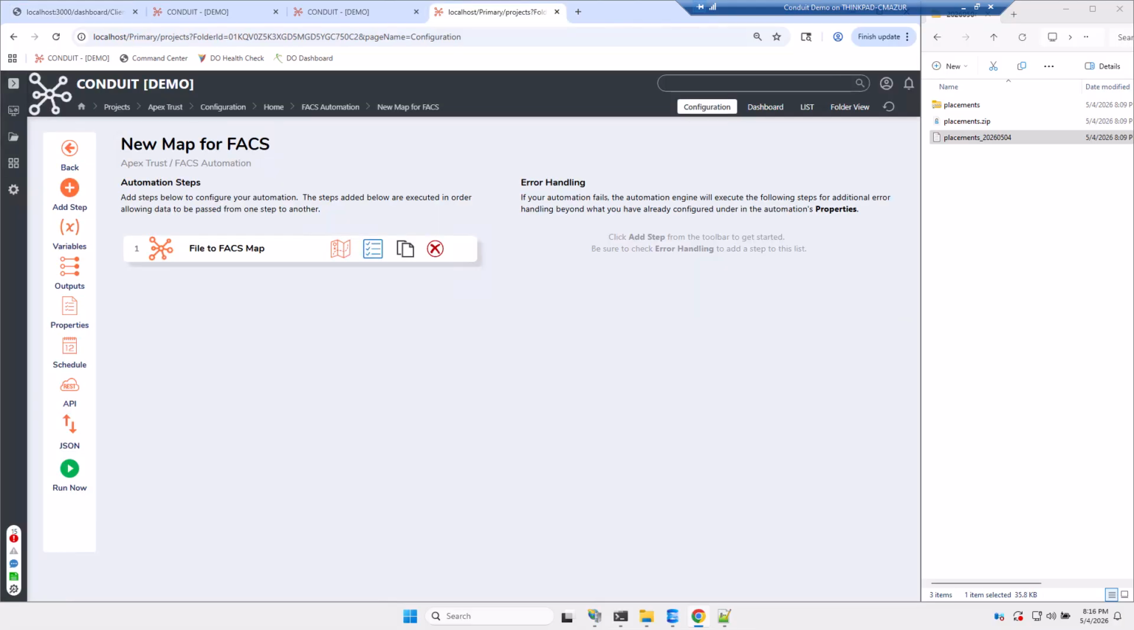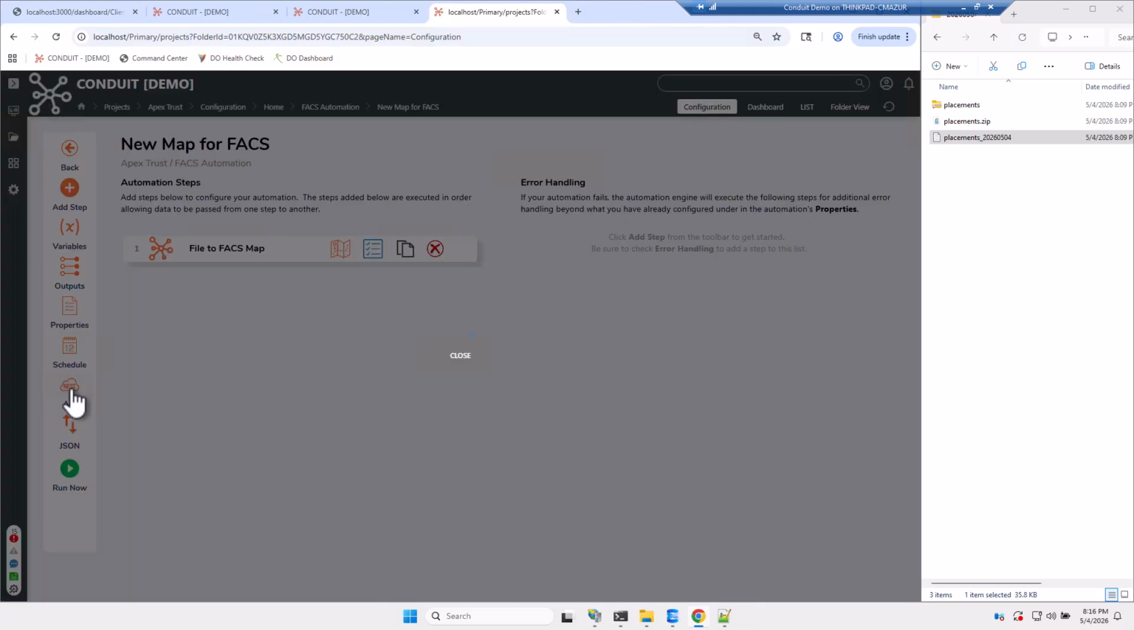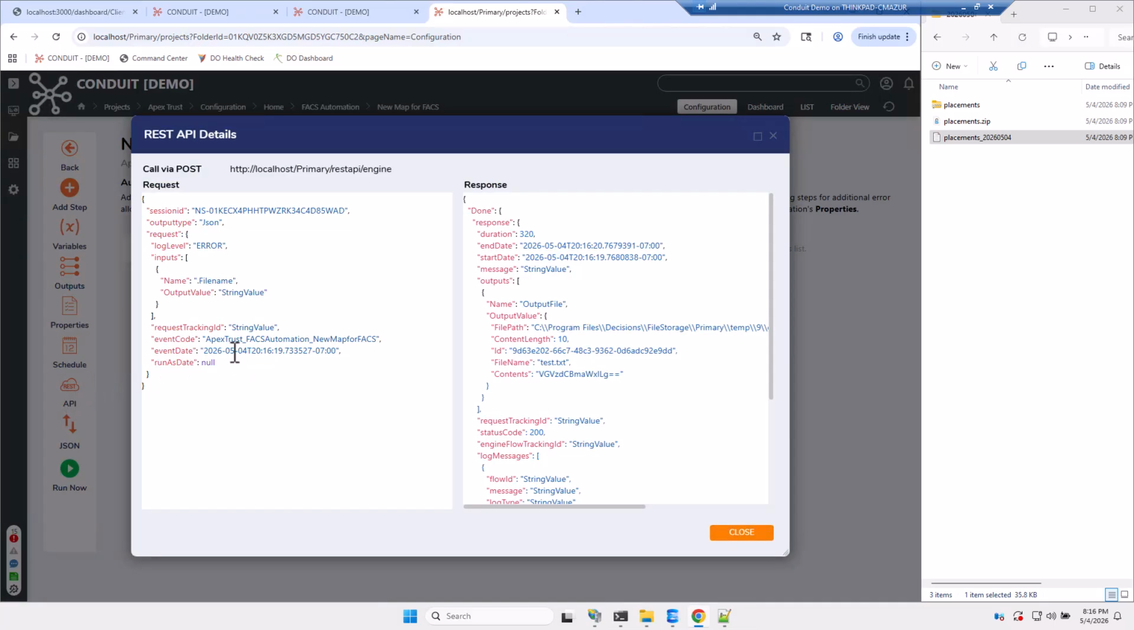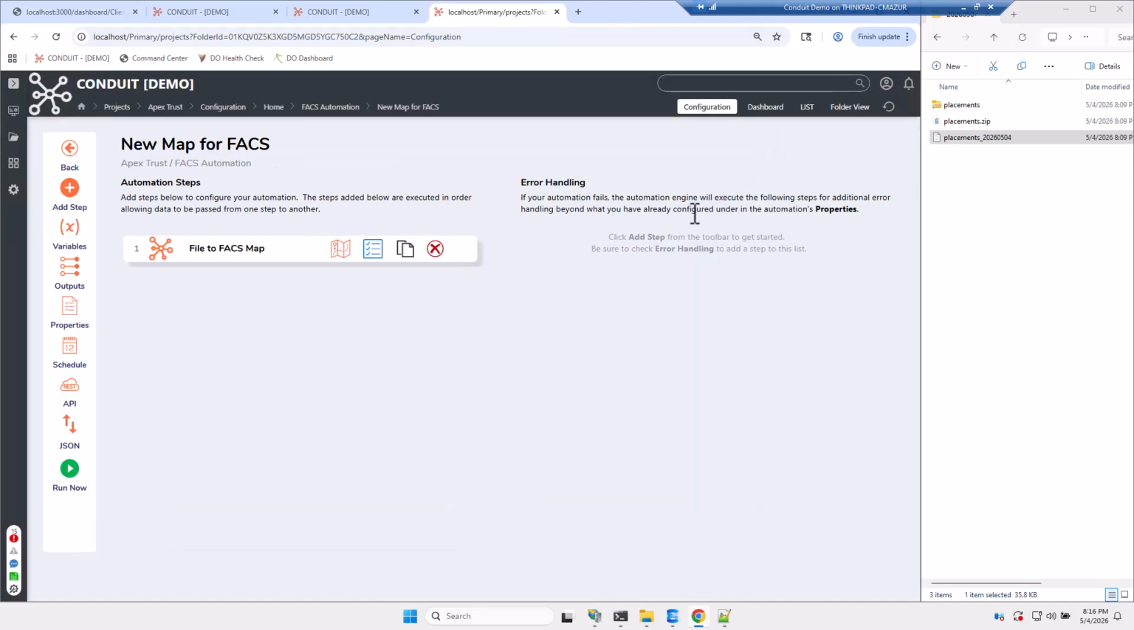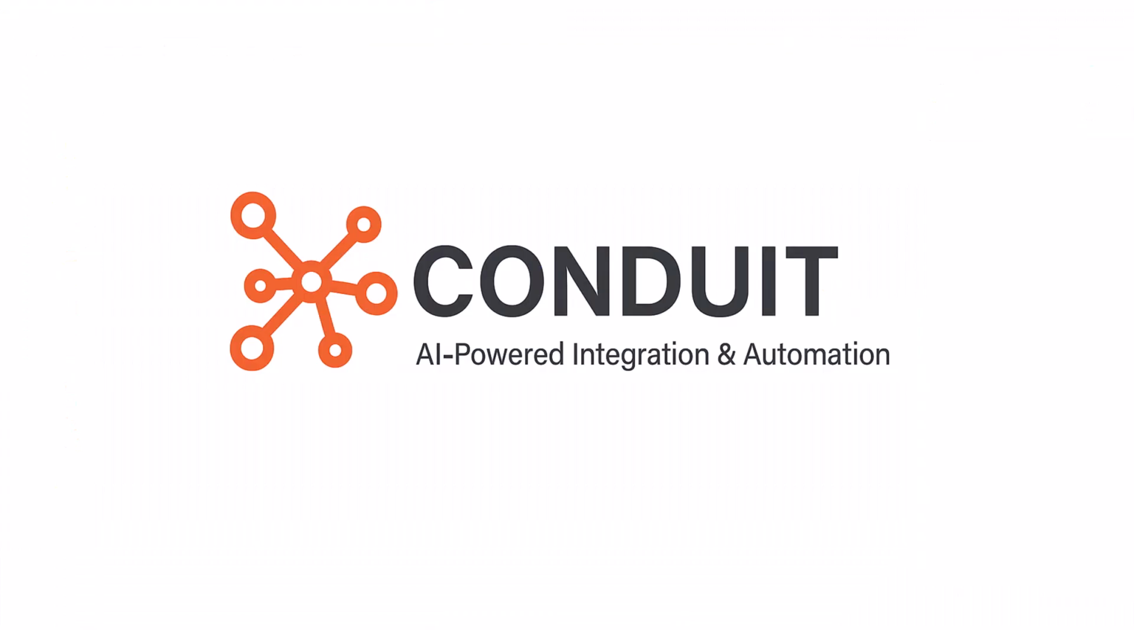Conduit can be used to do all of your file handling or just the load of data into the system. External systems can leverage our API endpoints to kick off any processes that have been configured to plug into your existing ecosystems. With Conduit,